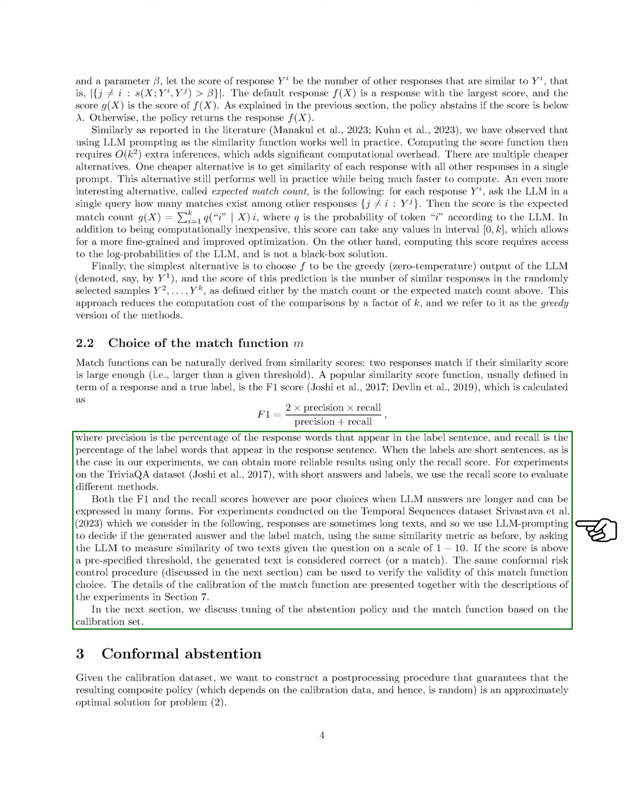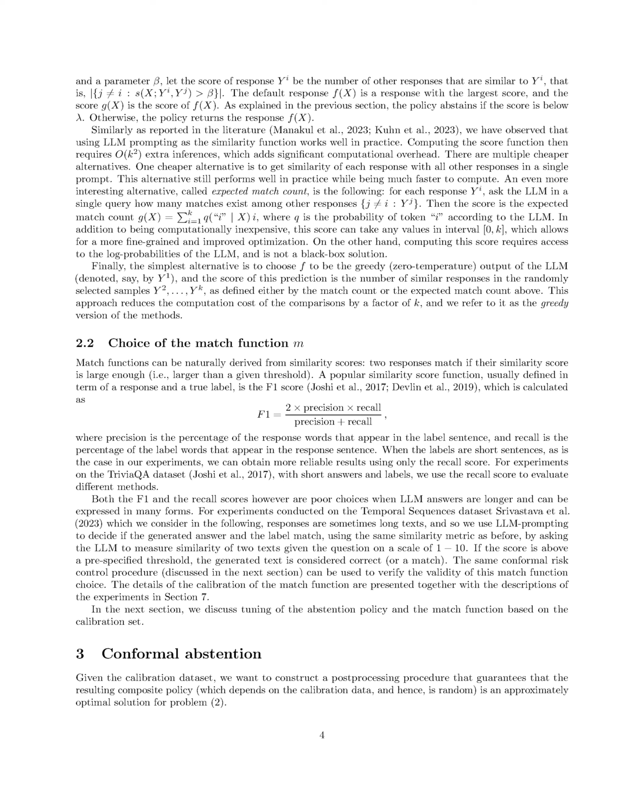For short answers like in the Trivia QA dataset, we use the recall score to evaluate methods. However, for longer responses as in the temporal sequences dataset, we use LLM prompting to determine if the generated answer matches the label. This is done by asking the LLM to measure the similarity of the texts given a question on a scale of 1 to 10. If the score surpasses a set threshold, the text is considered a match. The calibration of the match function is detailed alongside the experiment descriptions.